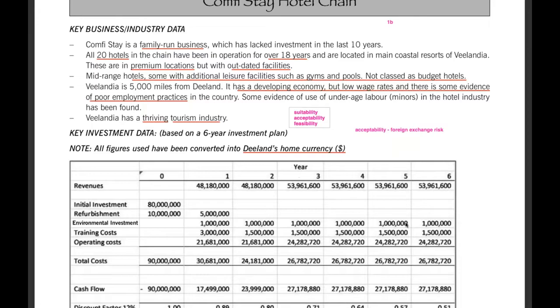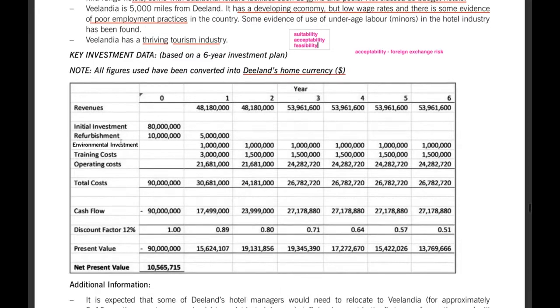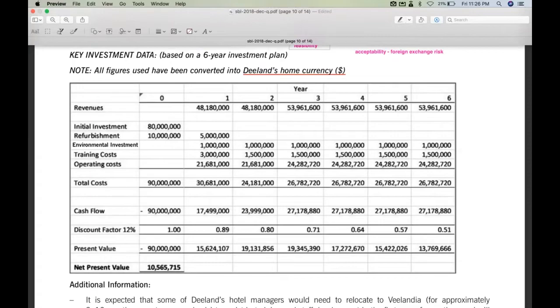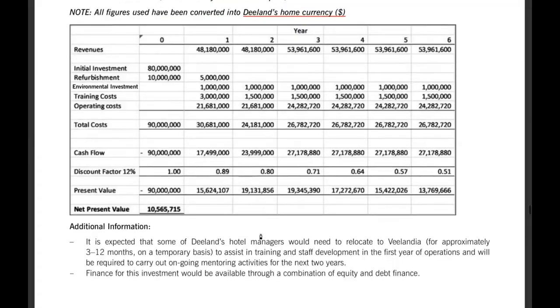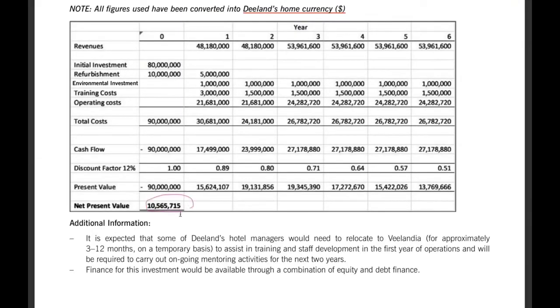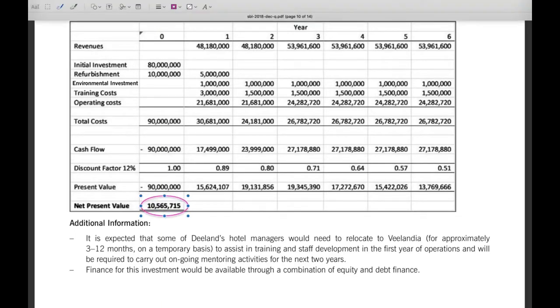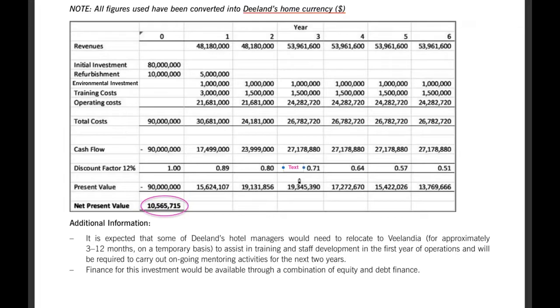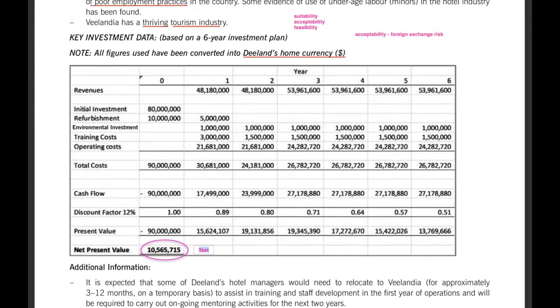When you look at this particular return, the net present value, perhaps you want to comment on this. This can help you. In terms of financial risk and return, this is under your acceptability,